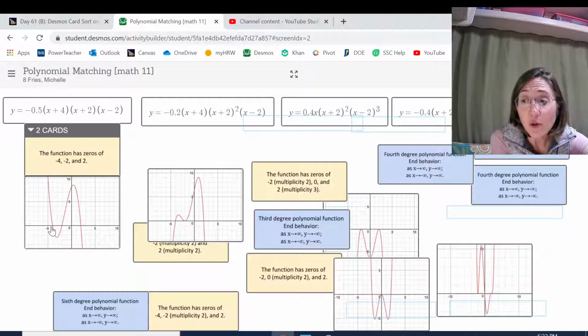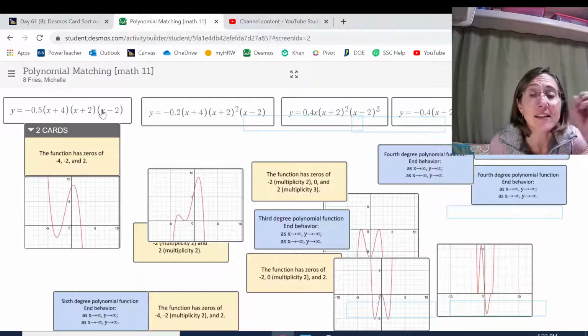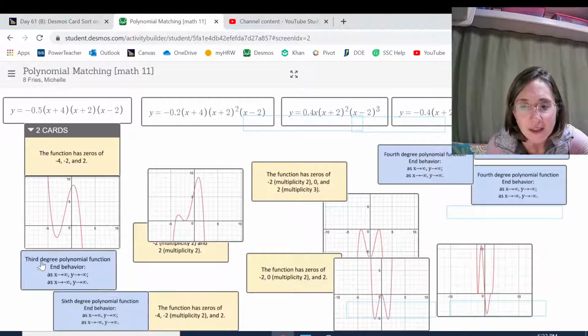Now I need a blue card. And the blue cards have descriptions of the degree and the end behavior. So if I look up at this equation, I'm going to see how many x's I have that are getting multiplied together in my factors. So here's an x, here's an x, and here's an x. So that's x to the third would be the highest degree that I would see here. So it's going to be degree 3, which there's only one card that mentions that, so that's good. So I'll